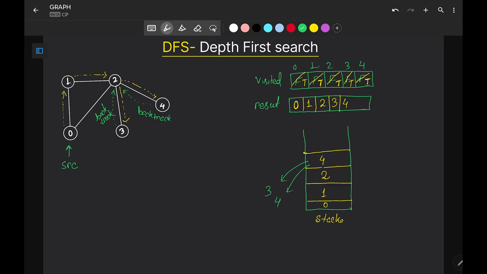Now at 2 it will check is there any neighbor which is not visited. No, so it will also backtrack. So 2 will be popped out from the stack. Now at 1 it will check any neighbor which is not visited. No, there is no such node which is not visited, so 1 will be backtracked to 0. So 1 will be popped out, and also 0 will be popped out, and at last this result will be returned